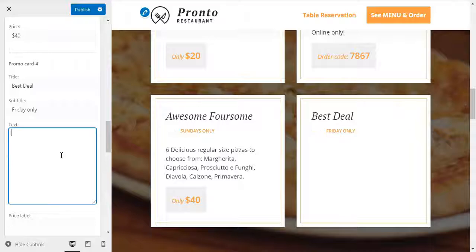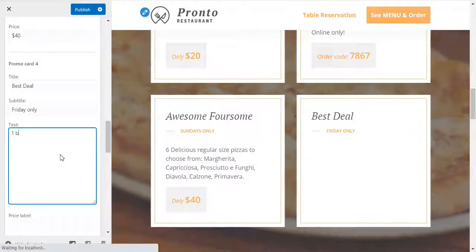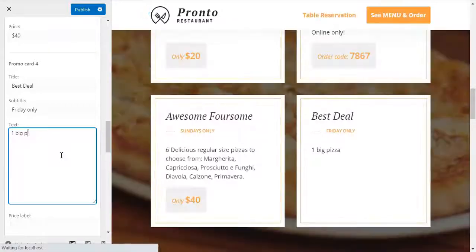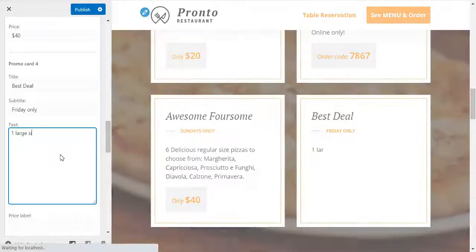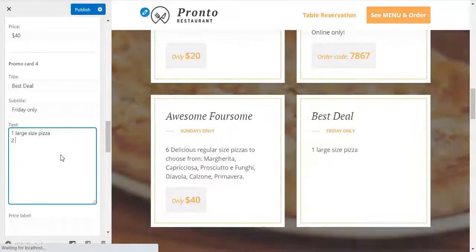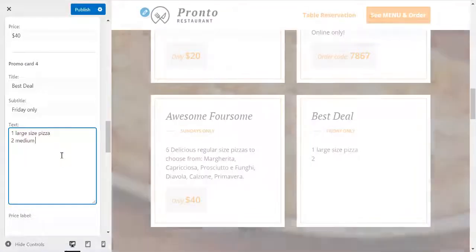Now I added a best deal on Friday only. One large size pizza, two small size pizzas.